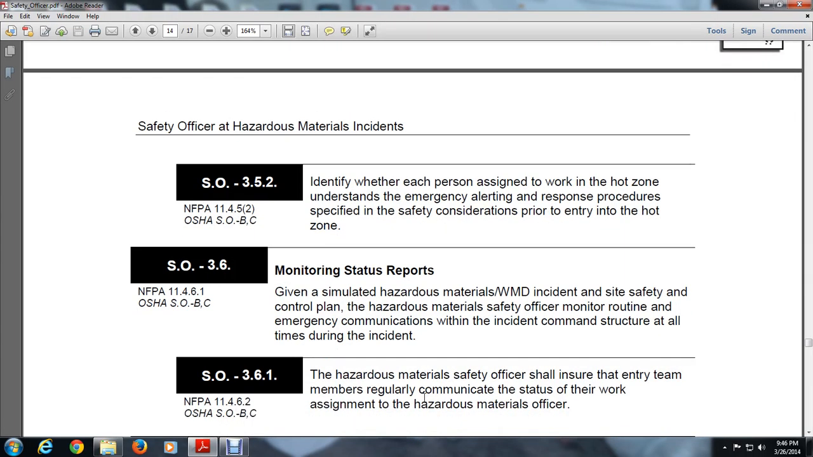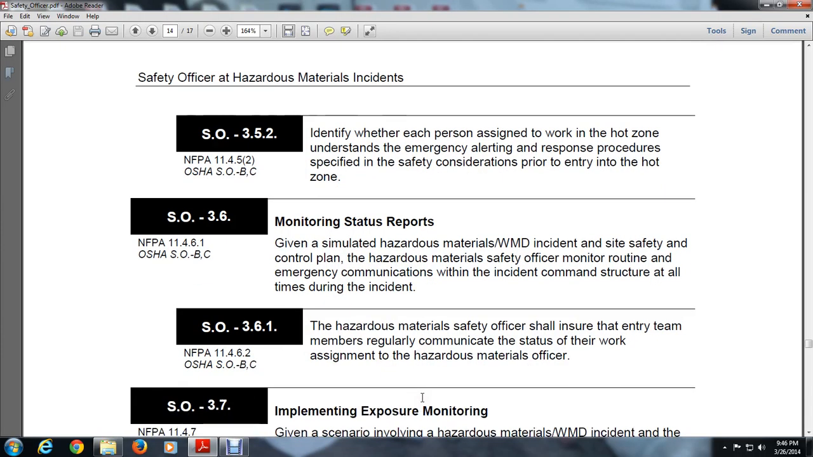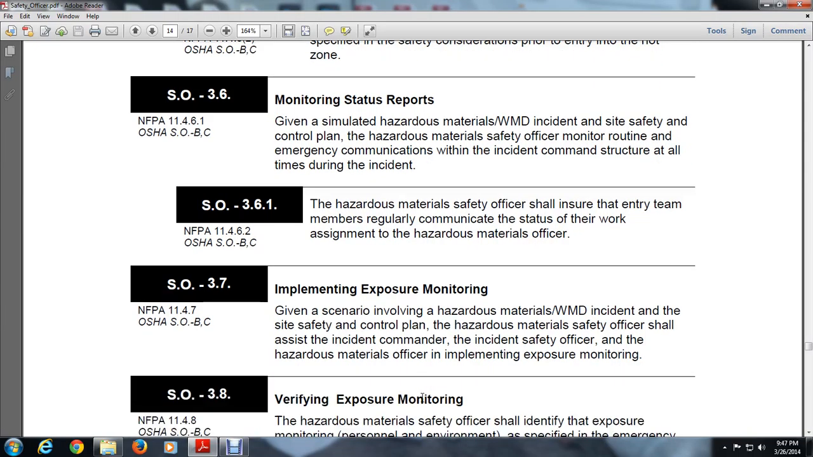Safety officer 3.6, monitoring status, given a simulated hazardous material WMD incident and safety control plan. The hazardous material safety officer shall monitor routine emergency communication with the incident command structure at all times during an incident. 3.6.1, the hazardous material safety officer shall ensure the entry team regularly communicates the status of their work assignment of the hazardous material. Safety officer 3.7, implementing exposure monitoring, given a scenario involving a hazardous